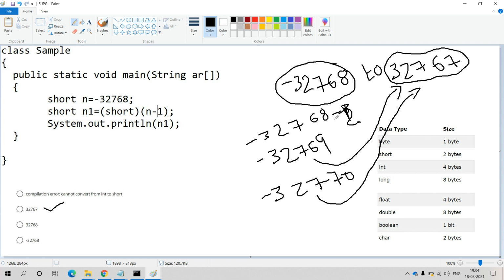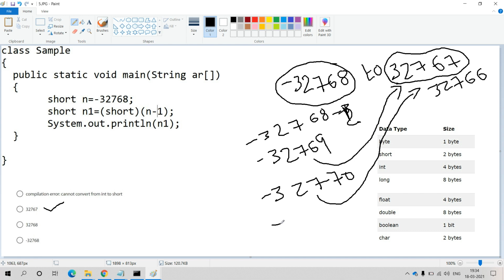Why? Because we are exceeding the capacity of the short data type in the negative number by 2. Due to that reason, we have to decrement 1 in the positive number. Decrementing 1 in the positive number, 32766 is the answer for this minus 32770 in the short.